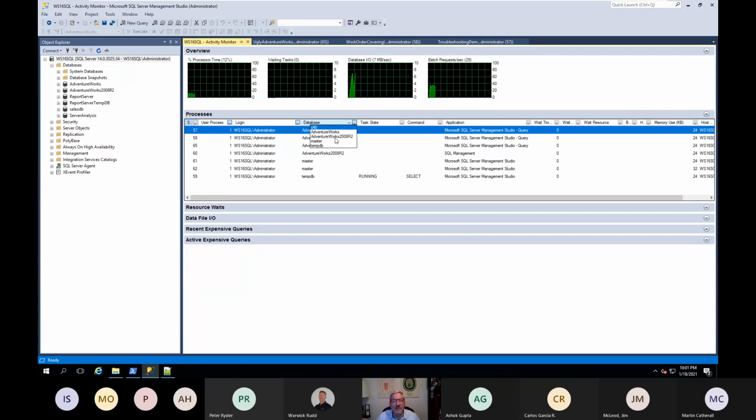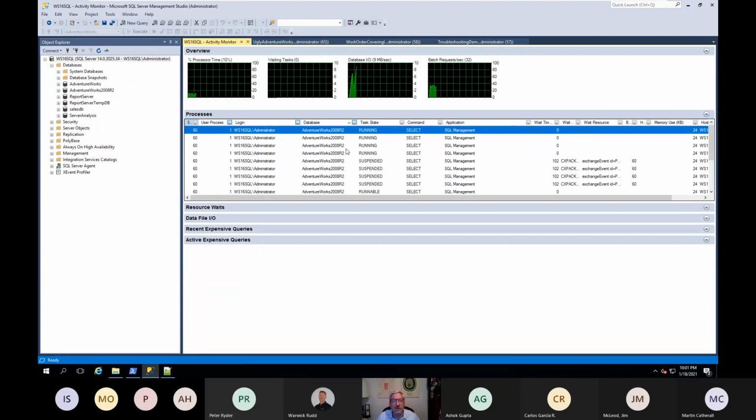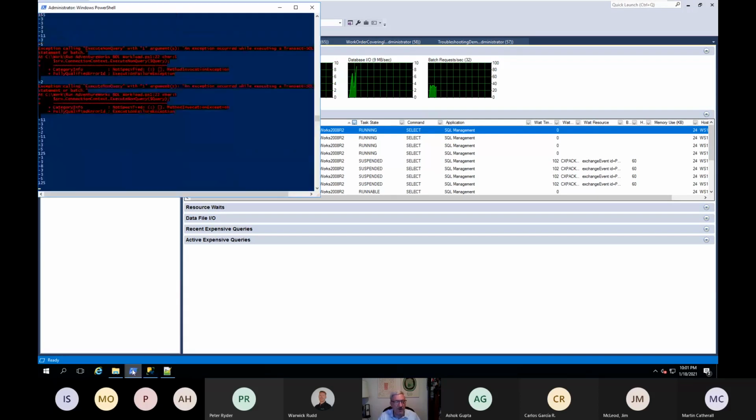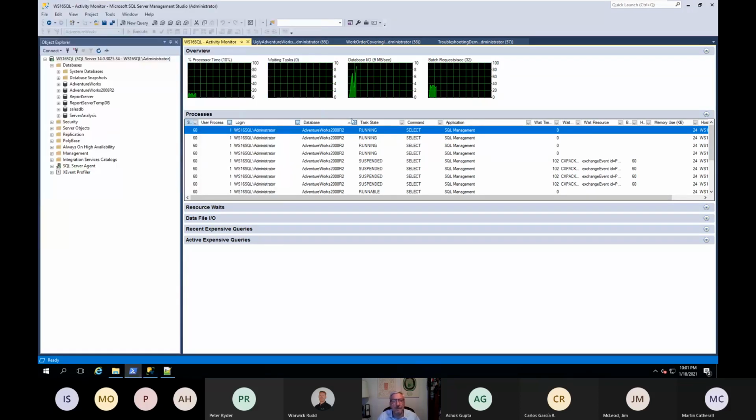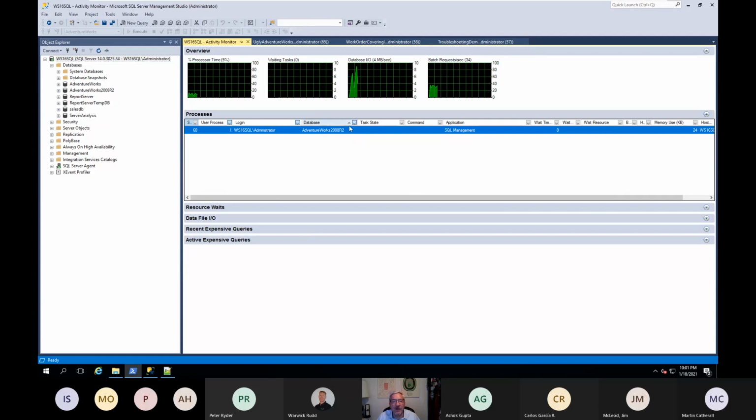Only show me the activity going against 2008 R2, right? Which is the activity that I started up in this PowerShell window. So I have all of these abilities to filter what kind of command, what application. I want to get rid of some of my filters.